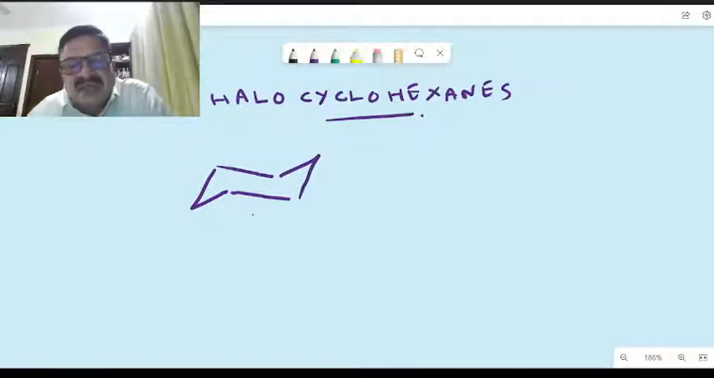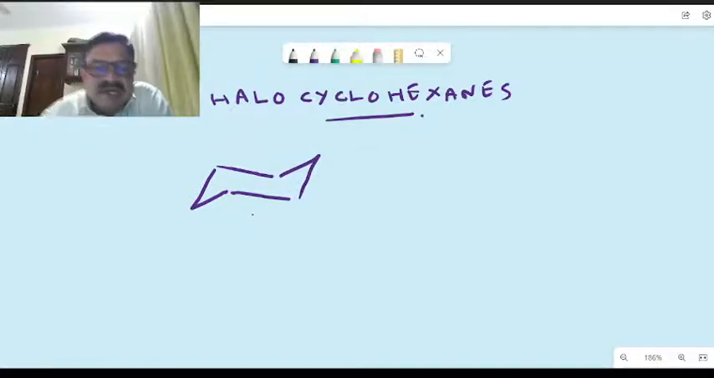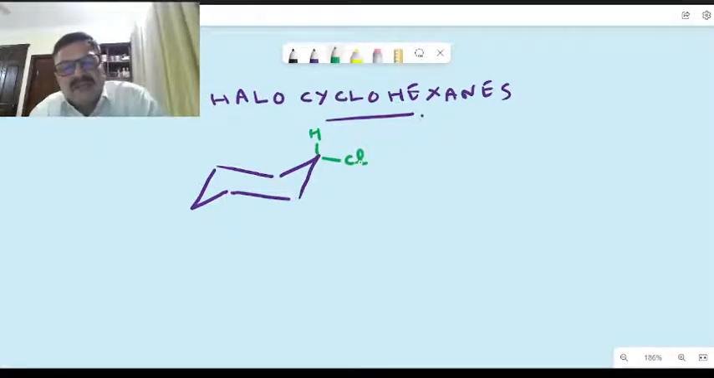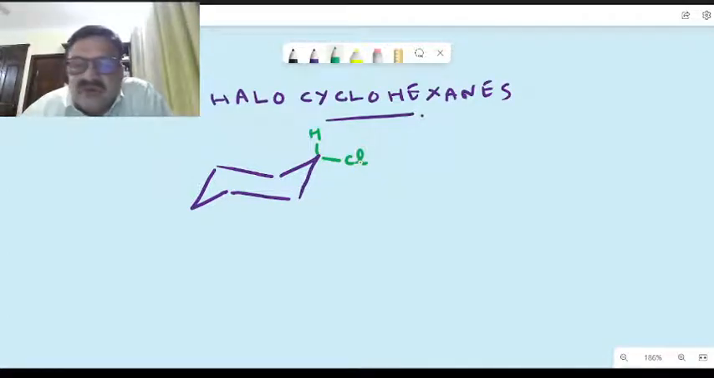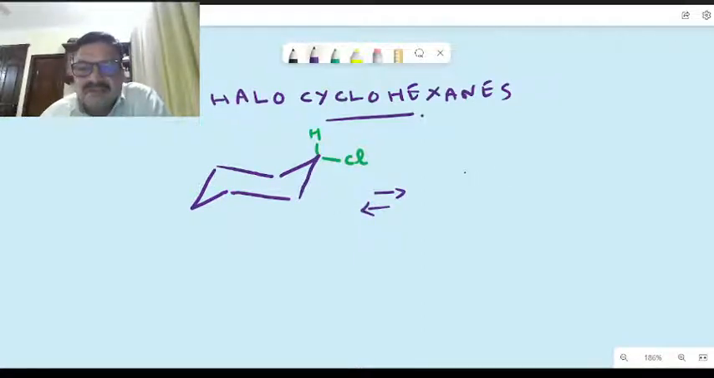So this is the chair conformation. Here, this is the axial group. Axial hydrogen, equatorial chlorine. So this is the most stable arrangement, because the chlorine is in the equatorial position. This will be rapidly interconverting to form